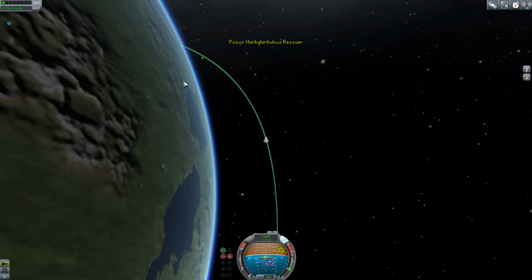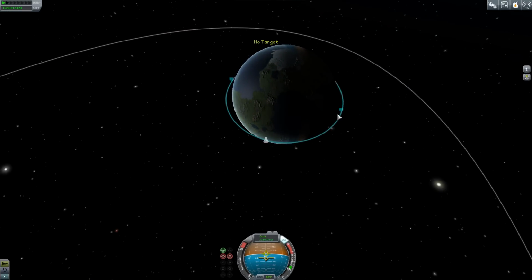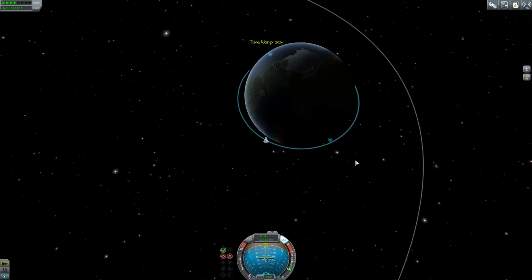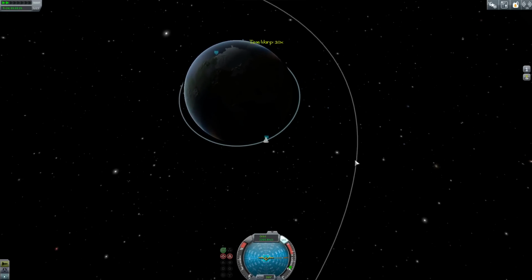I think we do. Not entirely certain about that, but I do think that we have that ability. So let us unset that target and burn retrograde at the apoapsis, even though this whole thing is roughly circular. Actually, it's not. We already enter atmosphere a tiny bit, but that makes me even more hopeful, because